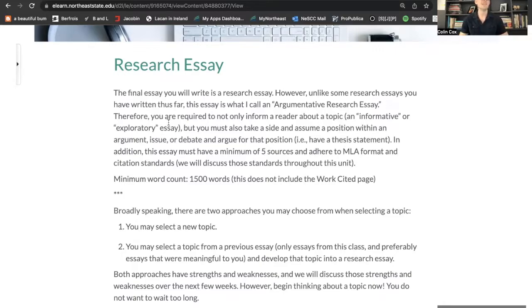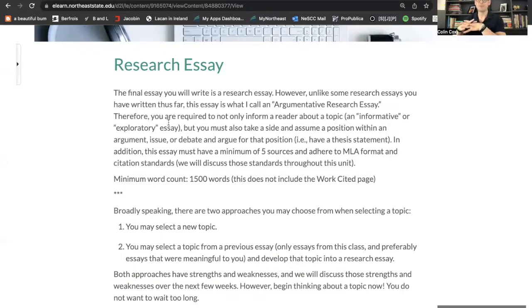And what that basically means is there will be elements of your essay that will do the kind of work you might see in an informative research essay, but the goal or the idea is it should, in theory, work toward supporting a larger argumentative claim about the topic you select. So I want you to keep that in mind, right? If you're not doing the work of supporting and developing an argument, then you are not satisfying one of the main requirements of this assignment. And again, we can talk about this more as we progress, but that's just something to keep in mind.